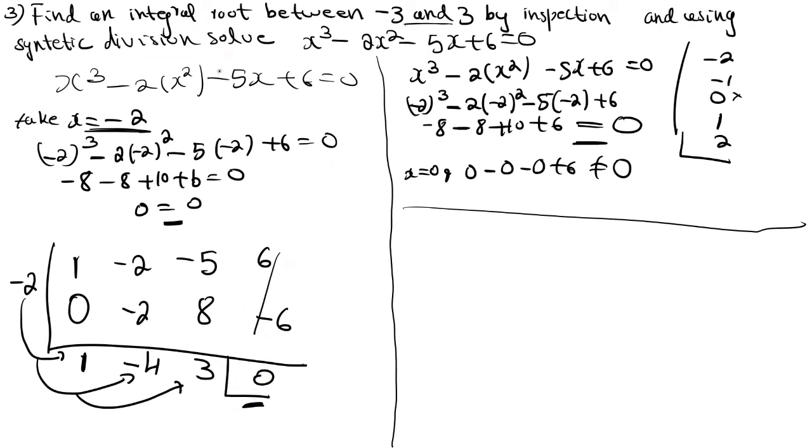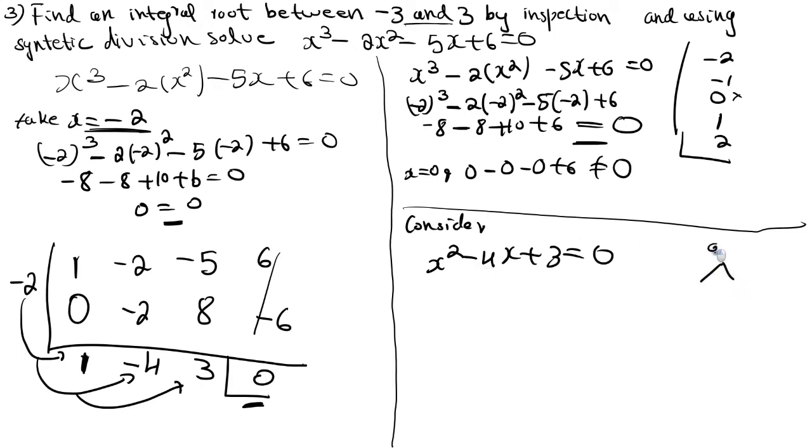But question is solve, right? So consider the quadratic equation. What you will get here? See, 1 means x square, then minus 4x plus 3 equal to 0. Quotient you will get as a quadratic equation. Put it equal to 0. Okay. Now simplify this one. You can use any method to solve this one. You can do formula method or you can use factorization method. I am doing factorization method.